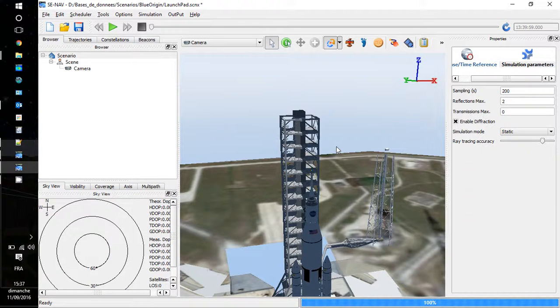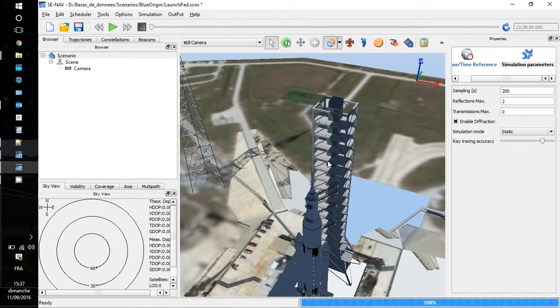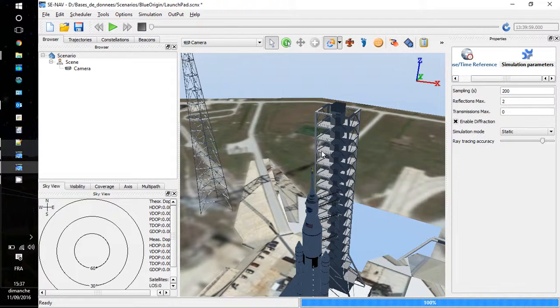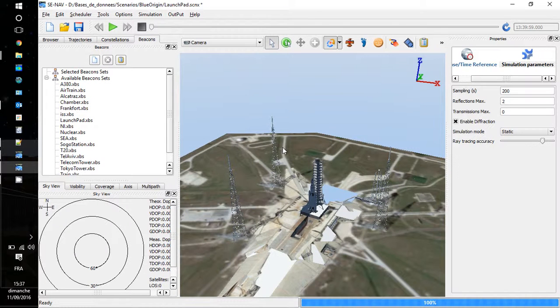And as I told you, it's possible to connect it to SimGen in order to provide SimGen with all the information needed to consider multipass during assessment of the receiver performance. It's also possible to use terrestrial beacons instead of using satellites. So